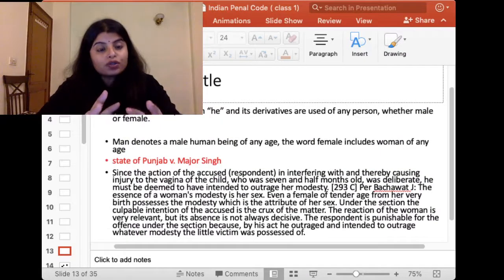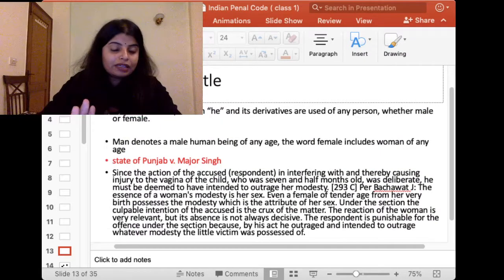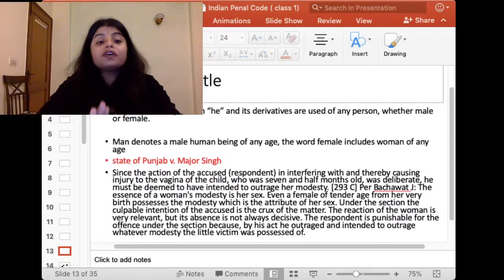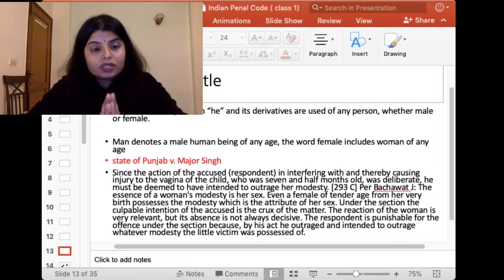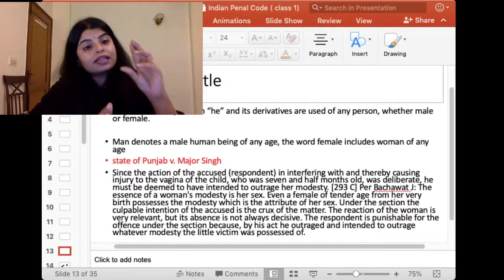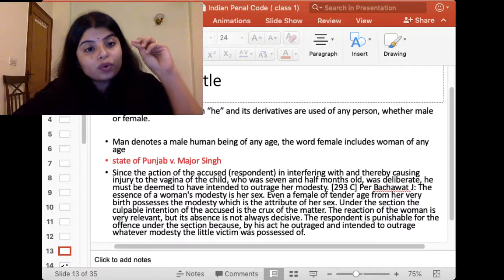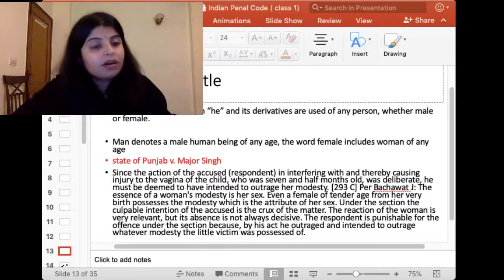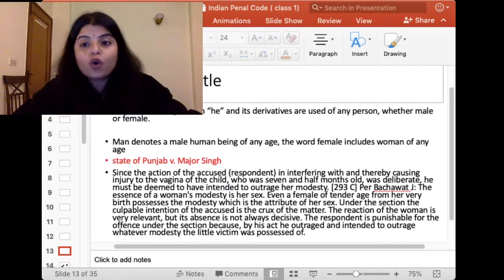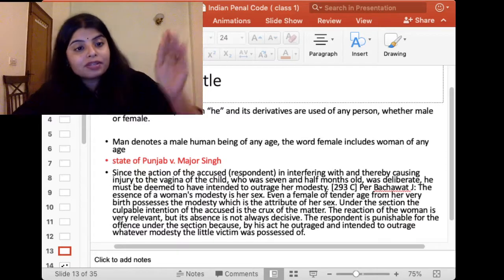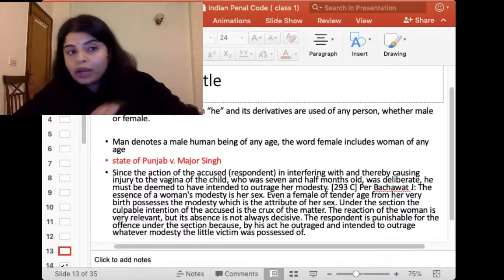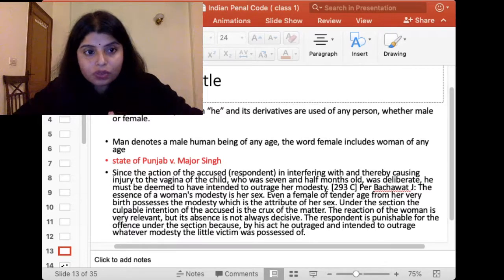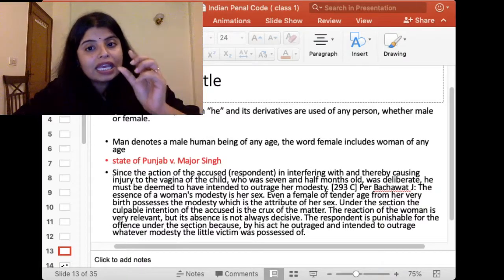Now, moving on to the basic part of the Indian Penal Code. The first definition that you should know when you start reading this particular act is Section 8 that defines gender. Now, wherever you see in the complete act the pronoun he, remember it is used for any person, whether that person is a male, female, or any other gender, that's the third gender also, it's used for all of them. Okay, so he basically